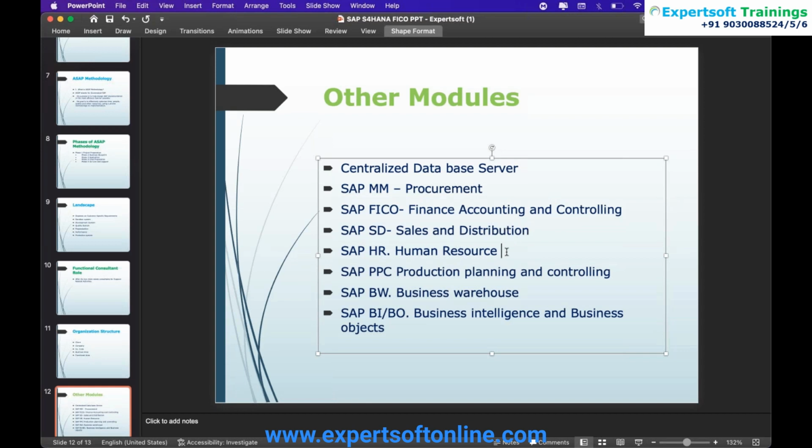HR, human resource management. Then PPC, production planning and controlling. BW, which is business warehouse. BI/BO, which is business intelligence, business objects, which includes BODS, business object data services. Then we have event management, real estate management, inventory management. So all these modules are there in SAP,